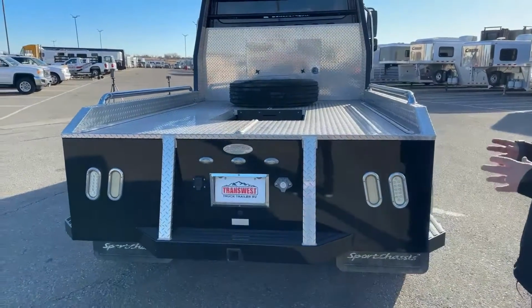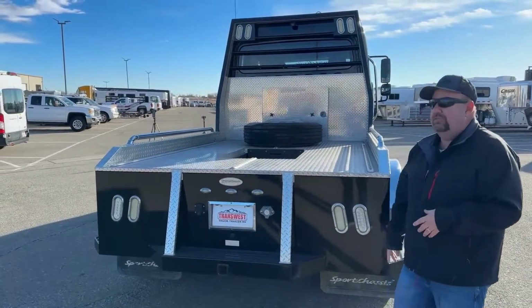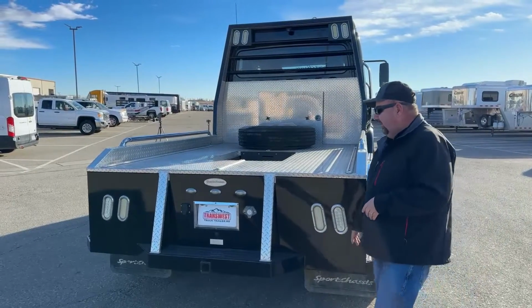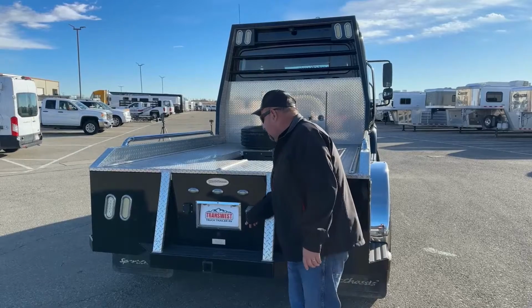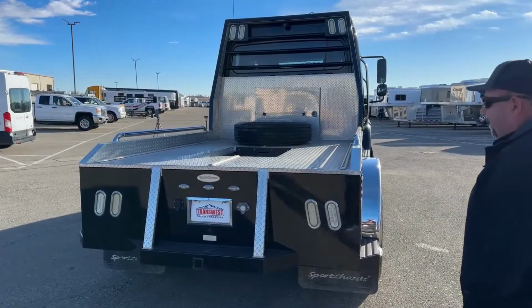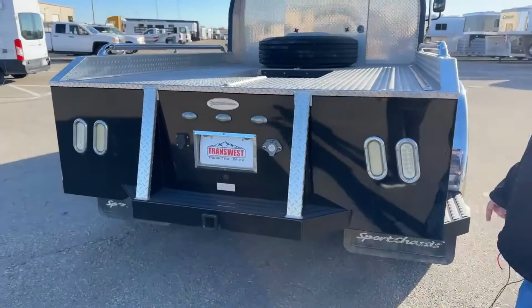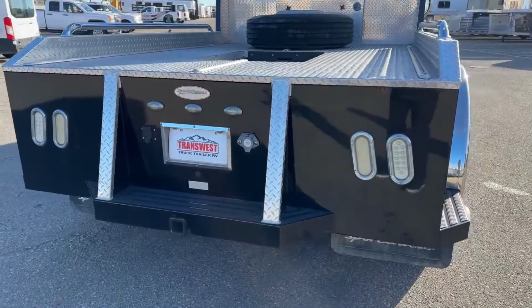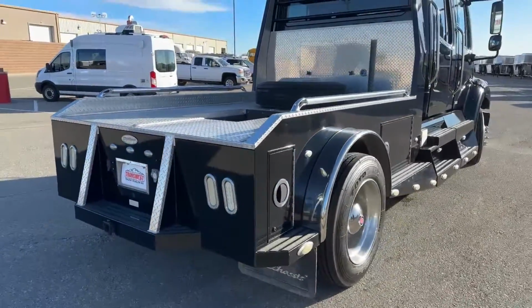Examples of that, I've had customers put additional cameras under the rear view mirrors. I've also had them put cameras in horse trailers as well, so that's easily connected right here. As we come on down, we find a hitch for the bumper pull. As we continue on and look at this side,